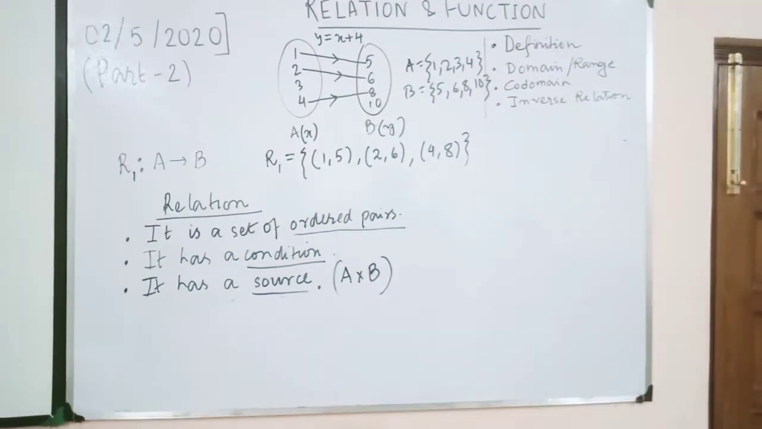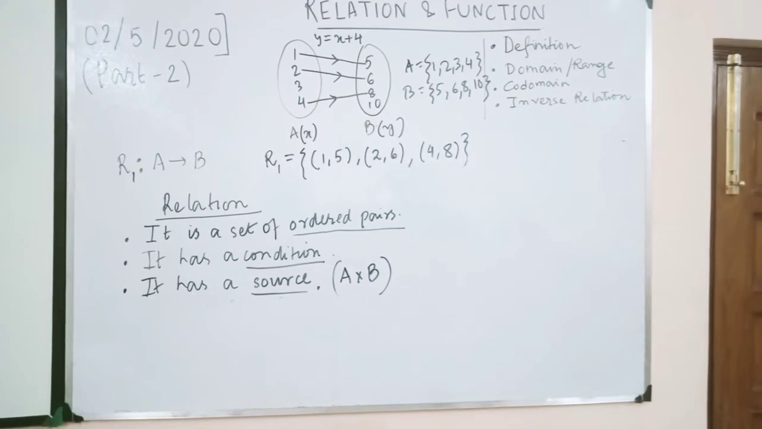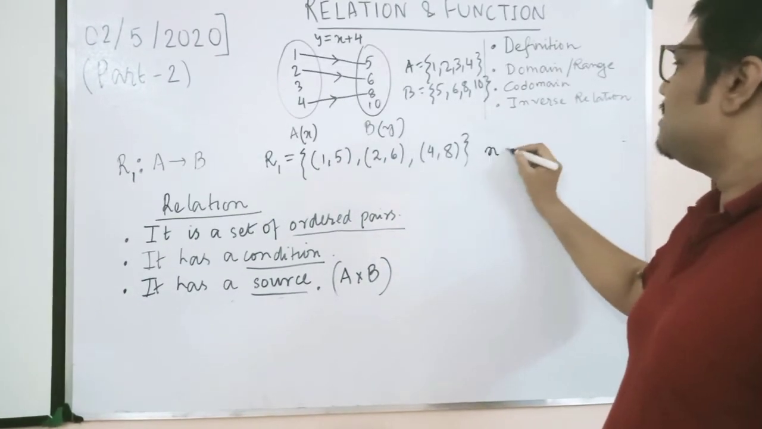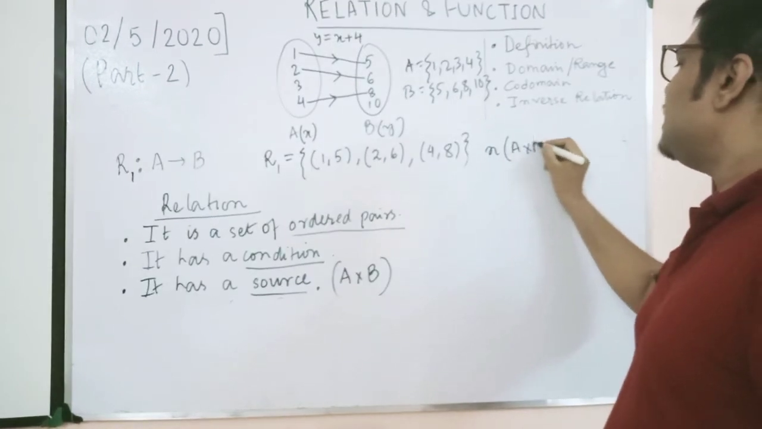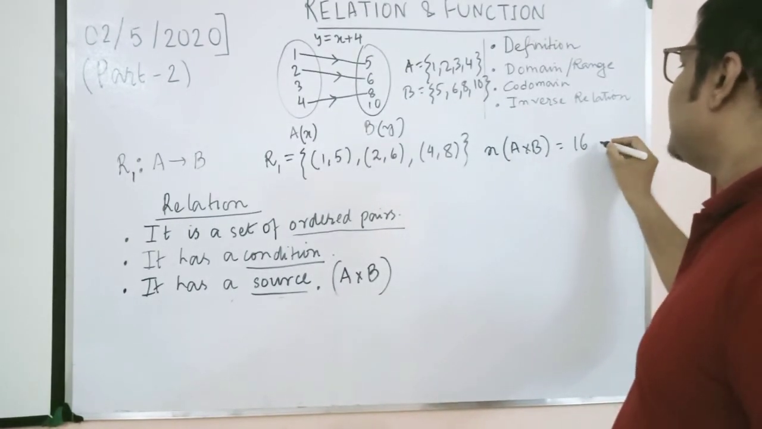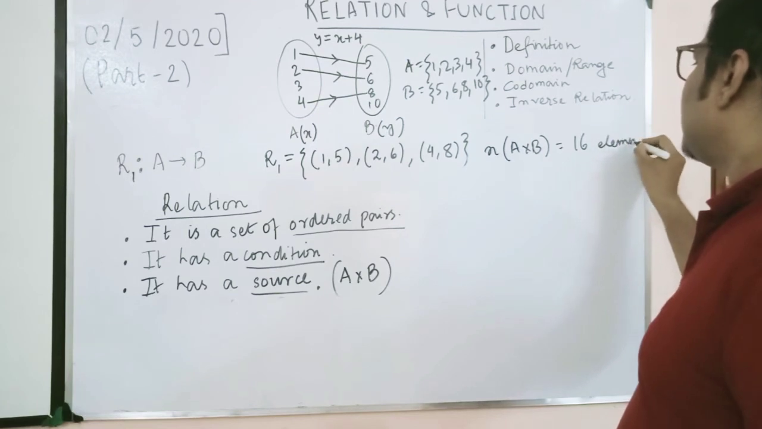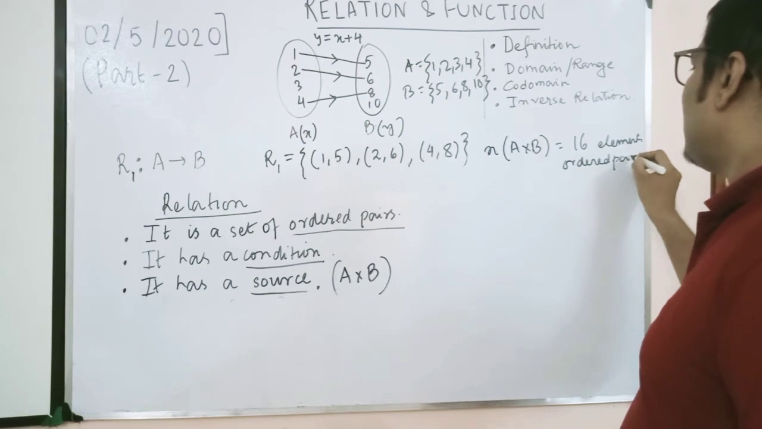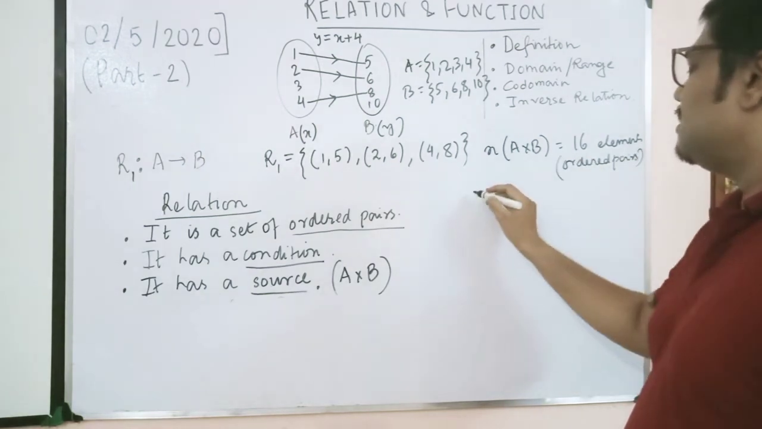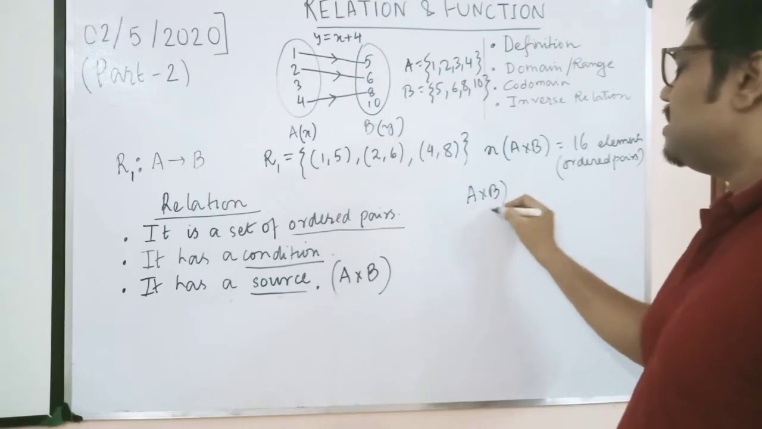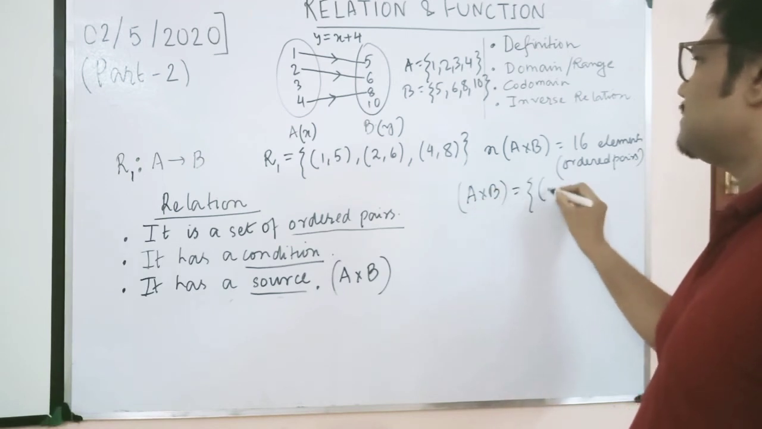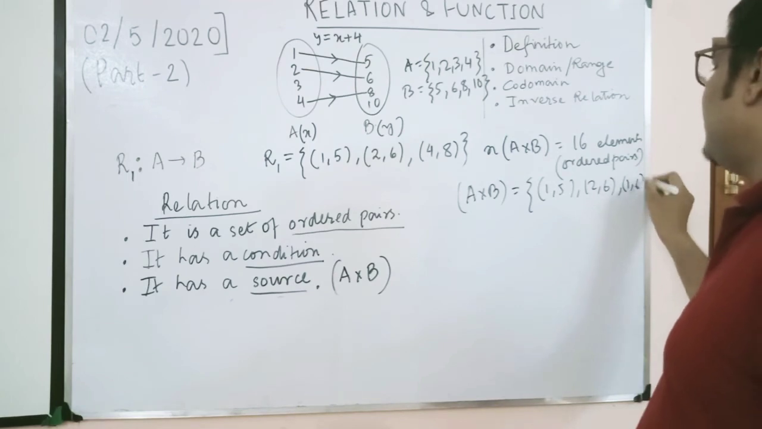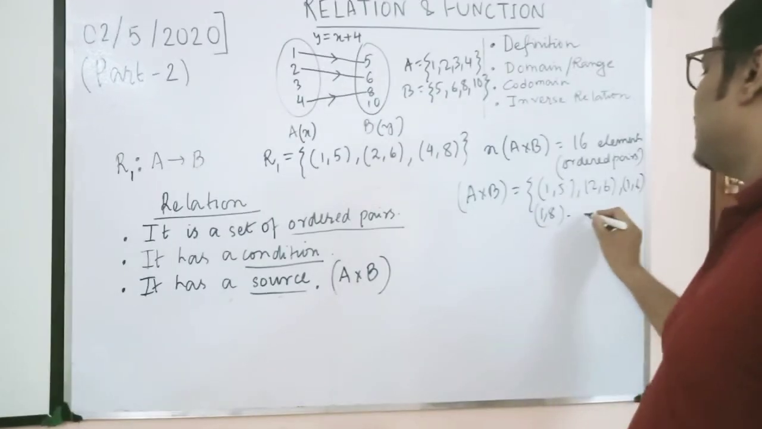Okay. So now we see that A cross B comes from what? Crossing this A and B. So how many elements will be there? A cross B will have 16 elements, or you can say 16 ordered pairs. Okay, 16 ordered pairs. Now what are these ordered pairs? These ordered pairs are elements like (1, 5) or (2, 6) or (1, 6) or (1, 8), many, 16